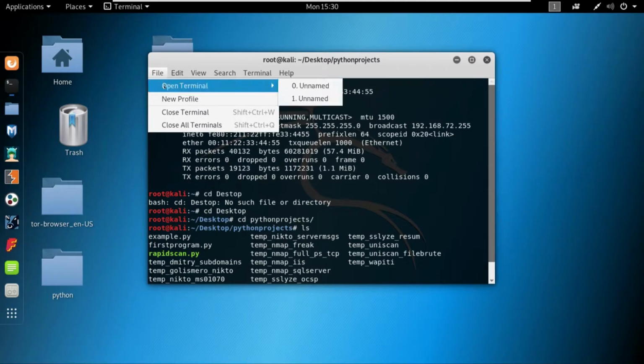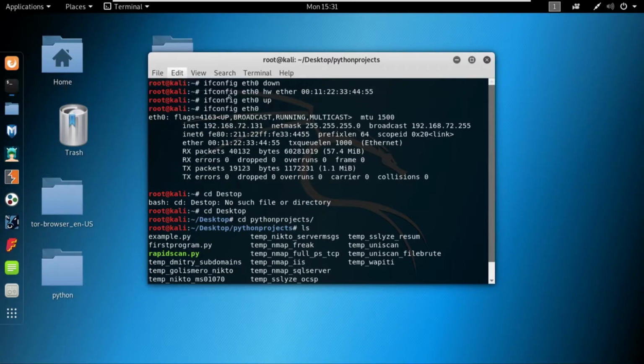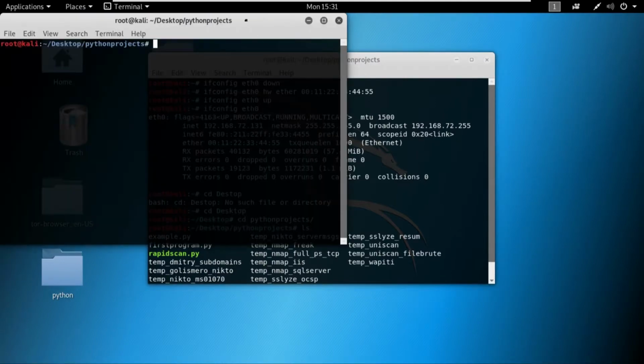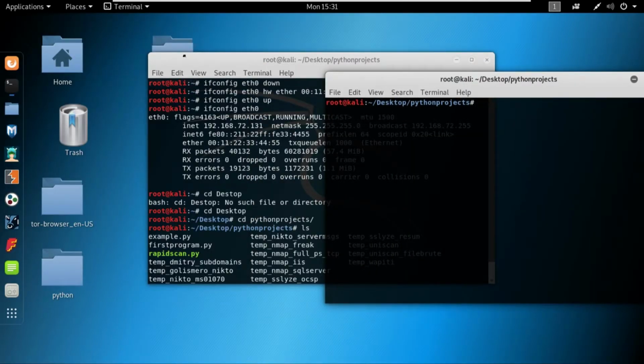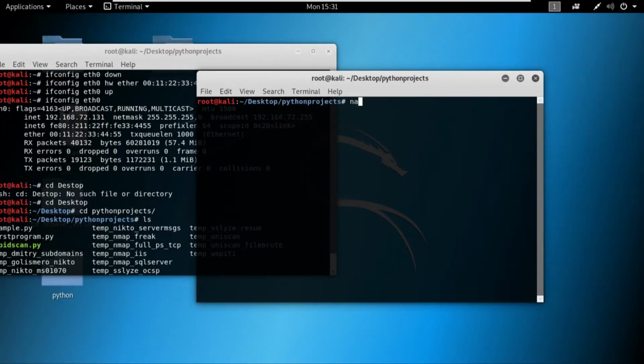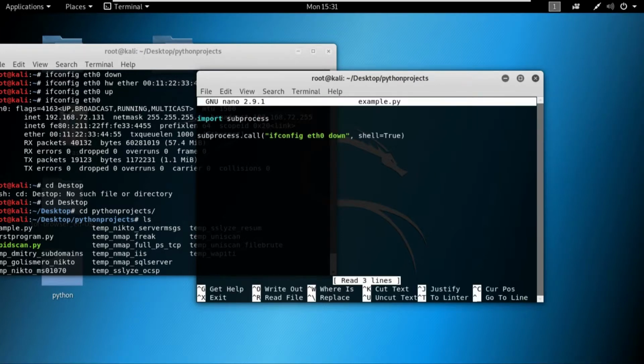Indeed, let's open another terminal, a new window, so that we can see what's going on. Let's drag this one to this side and this one right over here. Let's open up the file right over here in nano. So our first command is to call subprocess.call with ifconfig eth0 down. This will take the interface down, and the next one would be the same